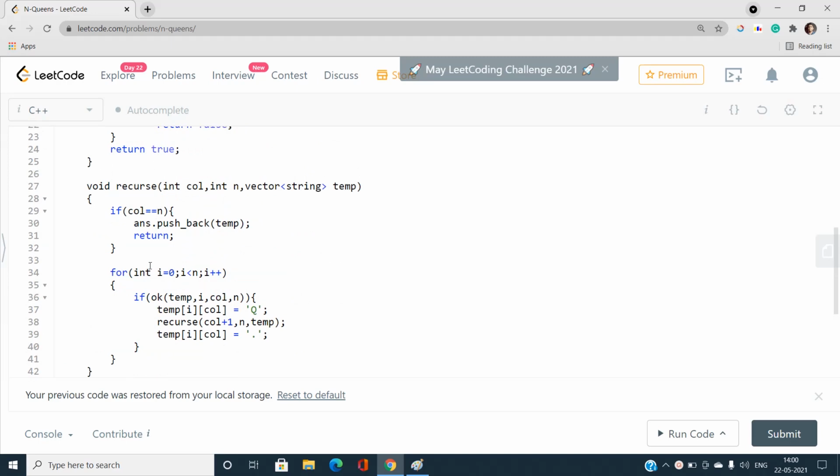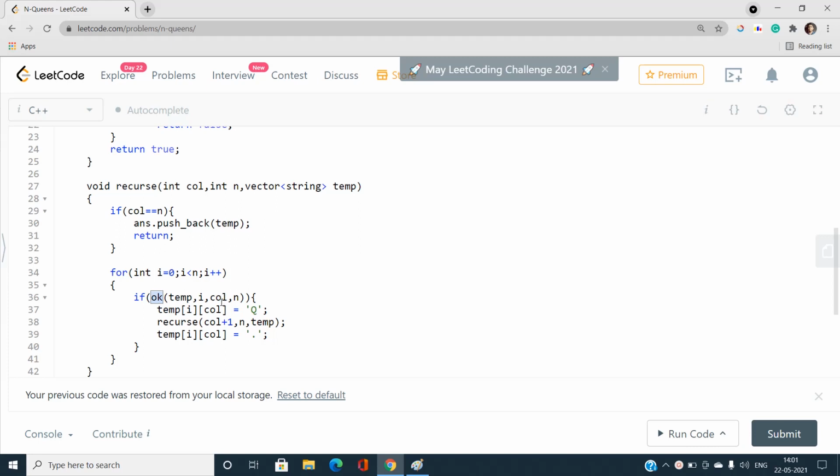Now try to traverse every row for that particular column, col. Try to place a queen over here. Let's say I placed a queen over here, and if this ok function returns true, it means that placing a queen at this position does not create a violating condition, that is, it is not going to crash with any queen already placed.